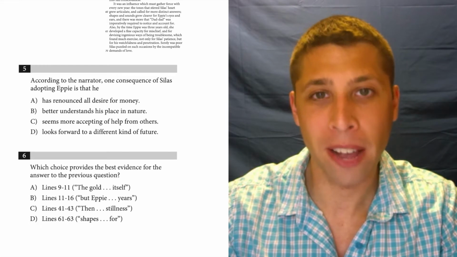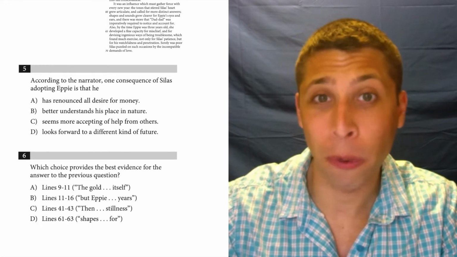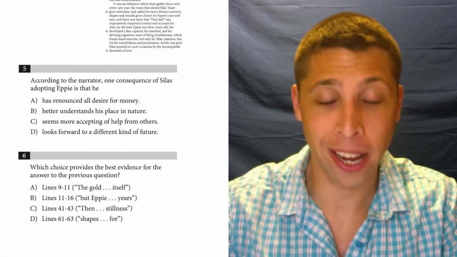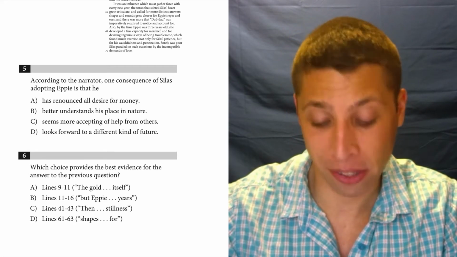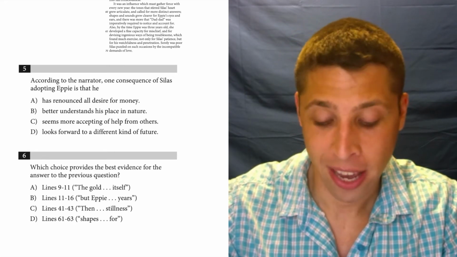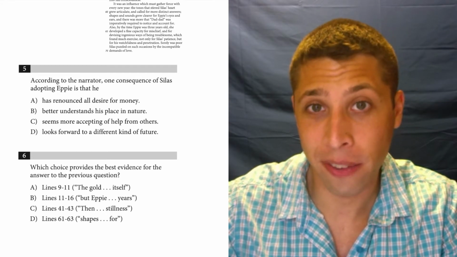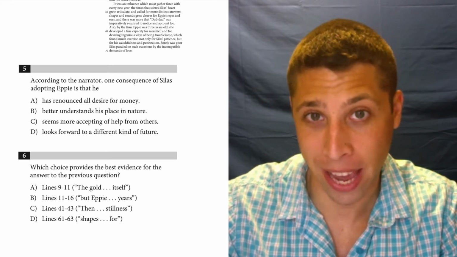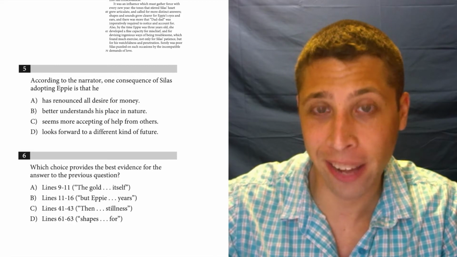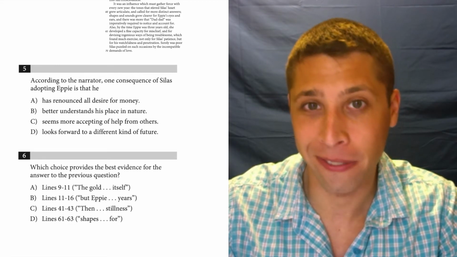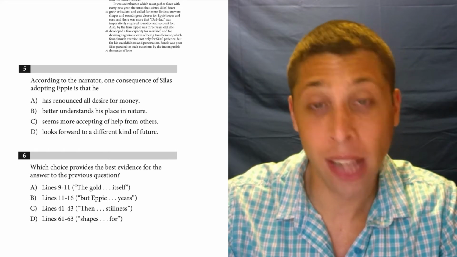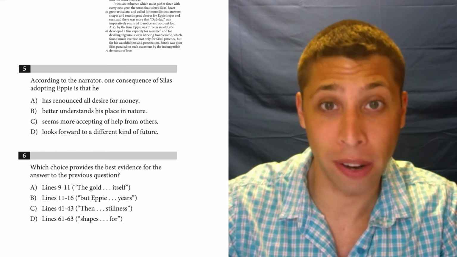Okay, remember for evidence pairs that it's really important that we stay organized as best we can. Now, one challenge of this that isn't reflected on my work here is that on the actual test, questions 5 and 6 are separated by a page. That's intentional. They do that a lot because they want you to try to do 5 without the benefit of 6. And so that's why whenever there's a no line reference question, we always